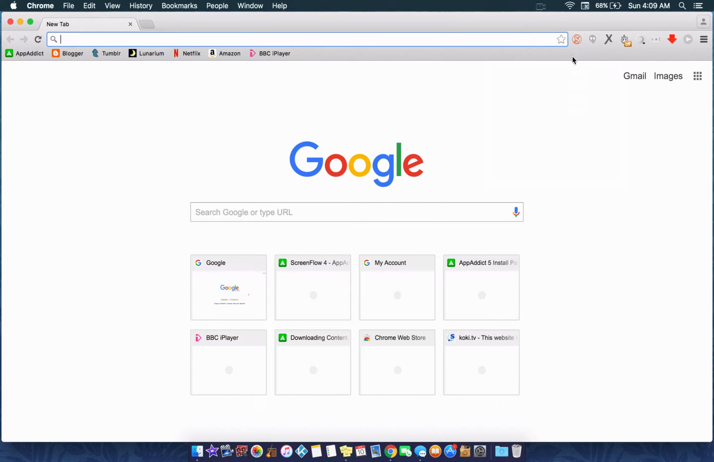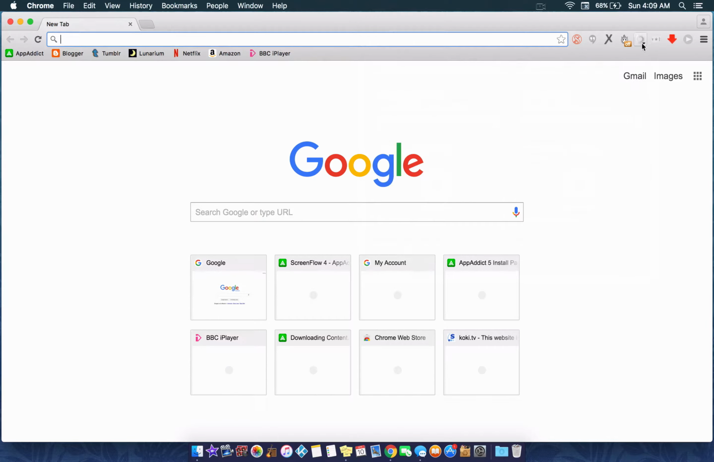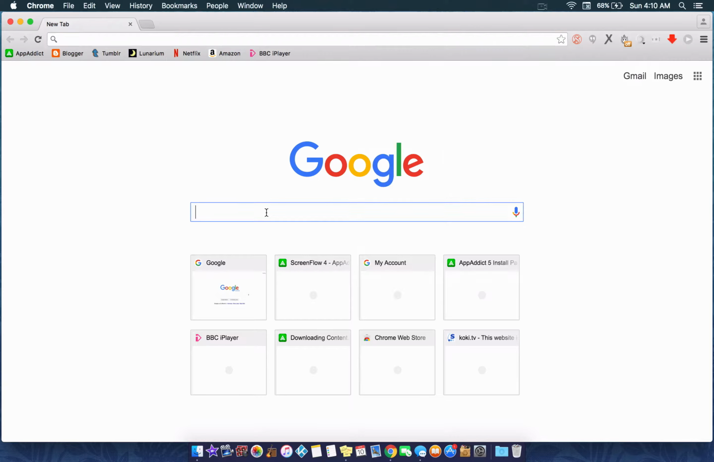My next favorite app is WOT, Web of Trust. Now, this is going to show you, and I always have it on, unless it turns itself off, the trustworthiness of the websites that you visit. It shows the web reputation of every site that you go to. So for example, if I search something like Walmart,